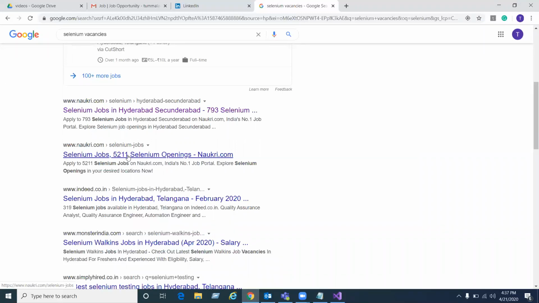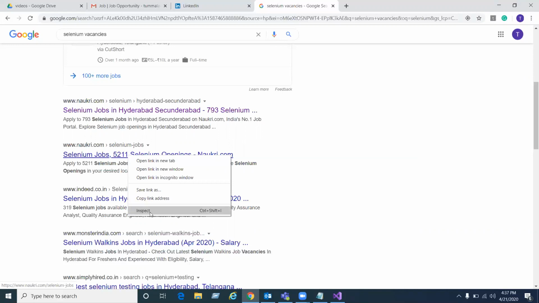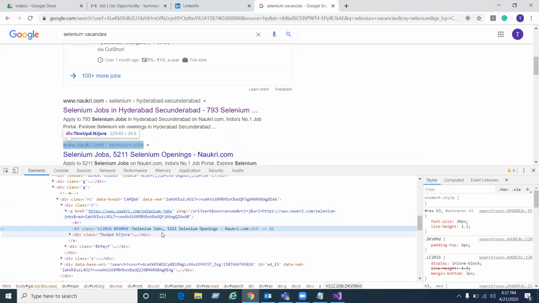Or find out the element information. So here you need to find out the class name. If the class name is unique, then it will work on the second one. If with the class name also it finds multiple matching elements, then again the same confusion. So at this moment, based on this element information, you can take up to part of this link, or use the complete text, or just check the class name. With the class name, you can find this link.